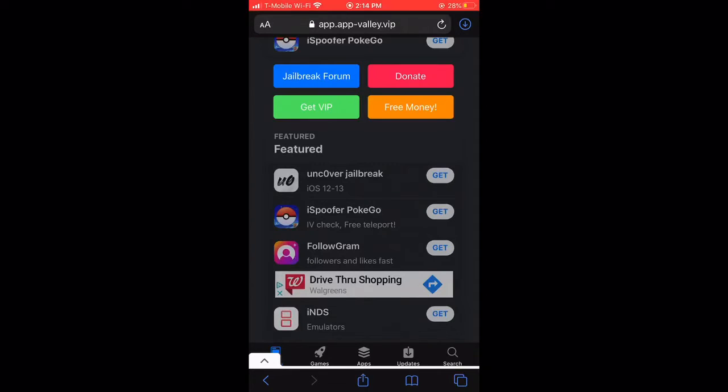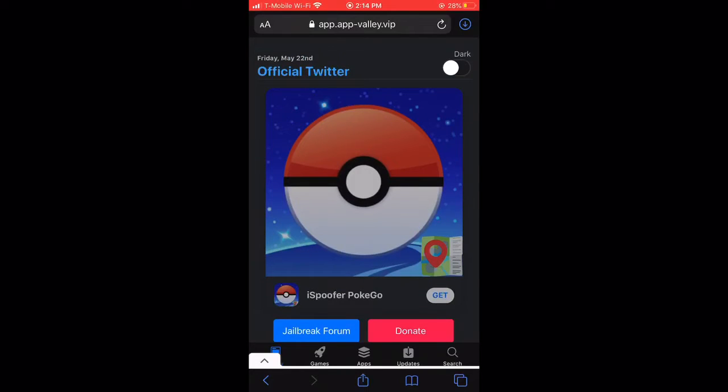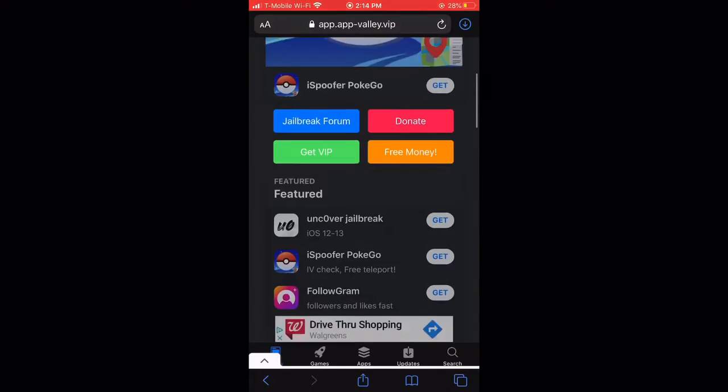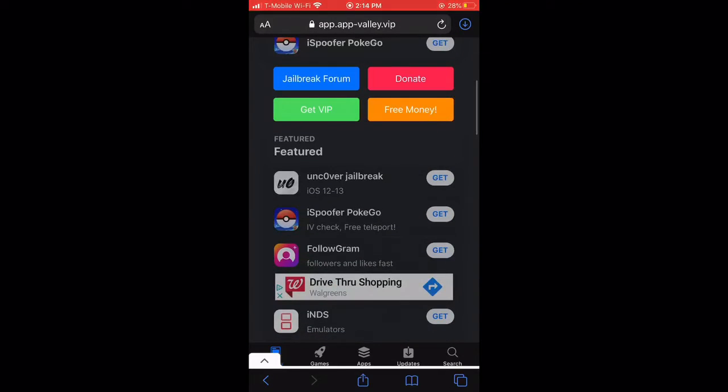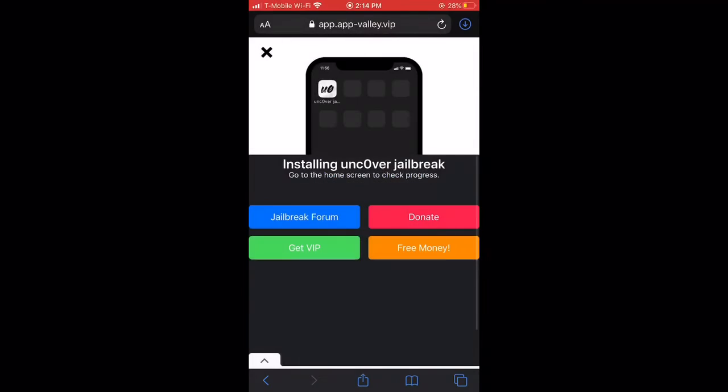So guys, the first thing you have to do is go to any browser and search up app.appvalley.vip. After you search that, scroll down and you're going to see a lot of Twig apps, but it's free. It works. Like if I want to download uncover jailbreak, just click get and install, and it should